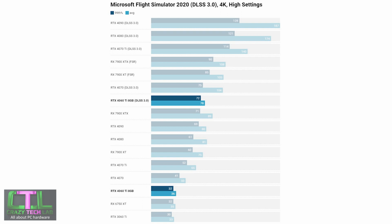In fact, both of them are more than doubled here, rising to 72 frames per second on the minimum 99th percentile. Now, AMD obviously has FSR, and that does give a lot of its graphics cards a boost, but even the far more expensive RX 7900 XT was only a little way ahead of the much cheaper RTX 4060 Ti. So it's a pretty good result here, and DLSS 3.0 obviously dealing with other bottlenecks in your system. So even if you've got a relatively modest CPU or not enough memory, DLSS 3.0 can potentially still offer significant